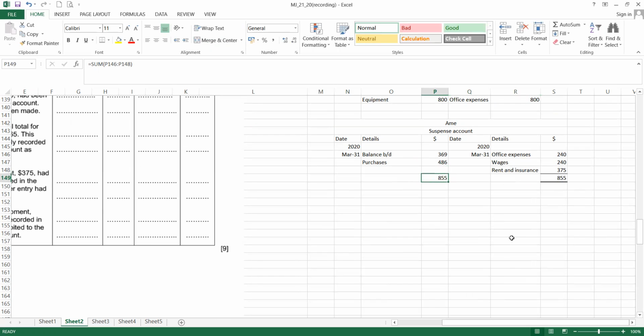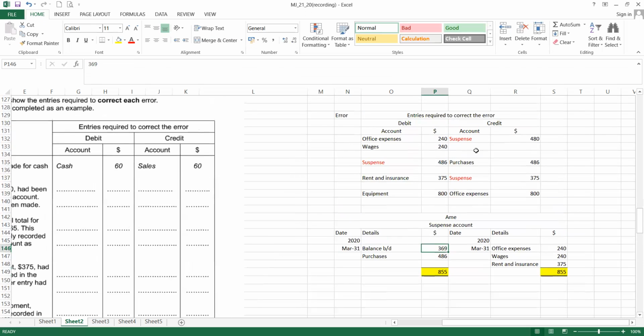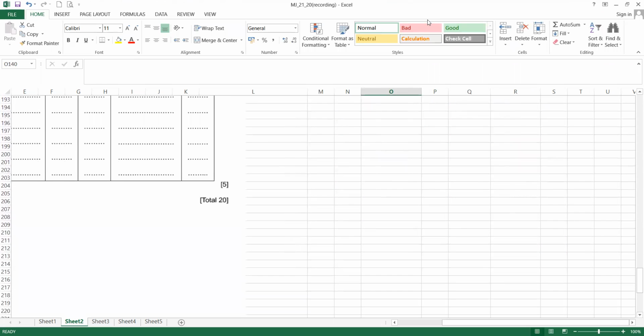There is something to be careful with in the correction of errors under the suspense account topic. By right, both must be the same. In case you didn't get the same, then be careful with your adjustments. You have to double check whether you put debit and credit in wrongly or not. So this is for the second question that I shared. Okay, now next is